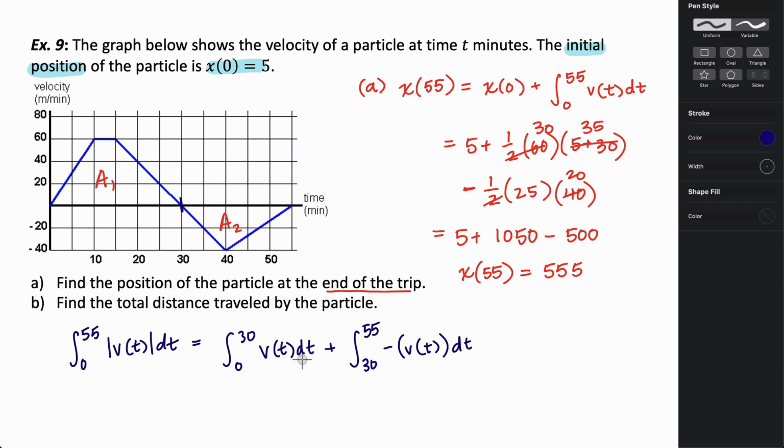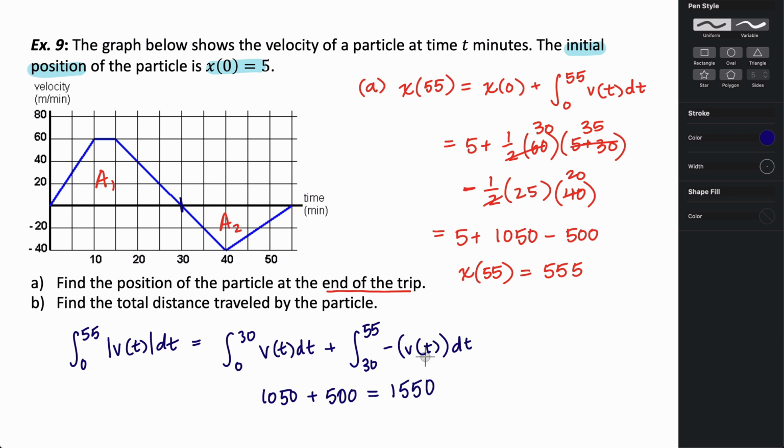So we know that this integral here is the value that we had here, 1,050. And then we're adding the opposite of this. And the area here was negative 500. So instead of subtracting 500, we're going to be adding 500 here. So the total distance traveled is going to be